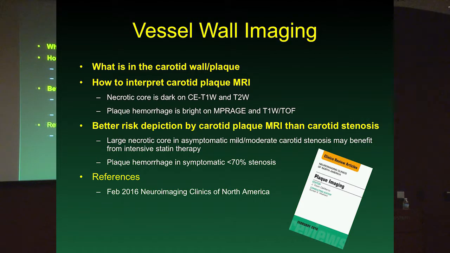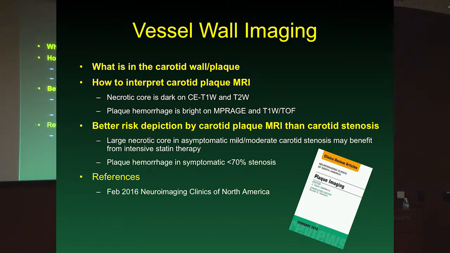So what I wanted to do with you this afternoon is to go over what's in the carotid wall, or the plaque: necrotic core, pocket of pus, non-enhancing area on contrast-enhanced T1 early, and intraplaque hemorrhage, looking like hemorrhage anywhere else, bright on T1. Why we care about this is we feel that patients with large necrotic core that are asymptomatic with mild to moderate stenosis are the perfect subgroup to give these intensive statin therapies, especially Lipitor is off patent now. It's very cheap, like a couple of bucks a month, and so we're going to try to do this in a